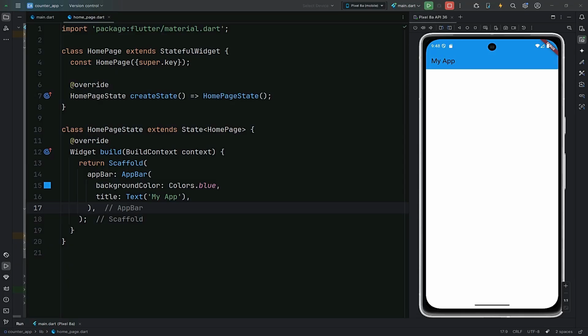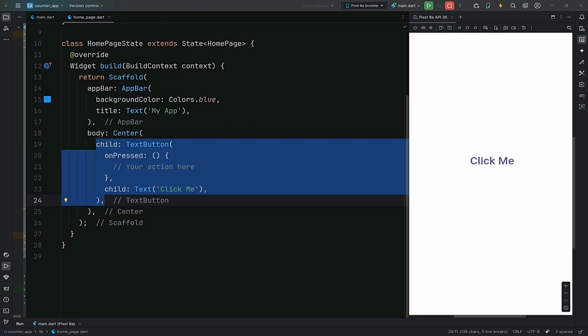The TextButton is one of the simplest types of buttons in Flutter. As the name suggests, it displays text only without any elevation or border. It's commonly used for low priority actions like cancel, skip, or small actions inside dialogs, snack bars, and cards. Let's look at this simple example of how you can use TextButton in a Flutter app.